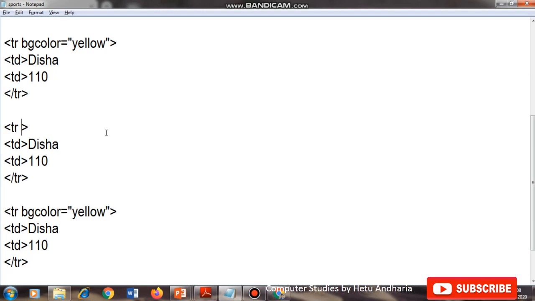I change the name to Sweetie. Points scored are 100, as per the textbook. And for the last one, again we want to keep the row color yellow, so we leave it as it is. Points scored 111, for example. So you can see that these two rows' color has been changed.